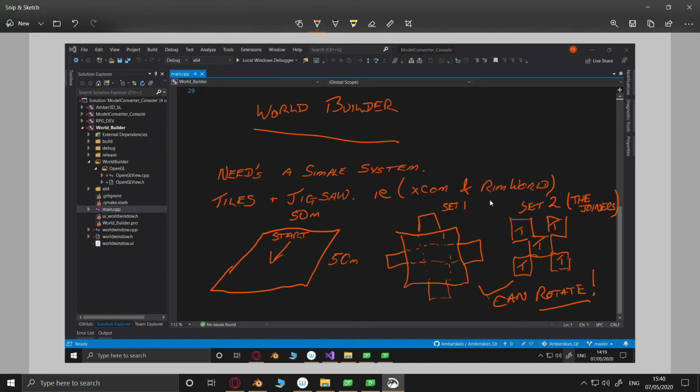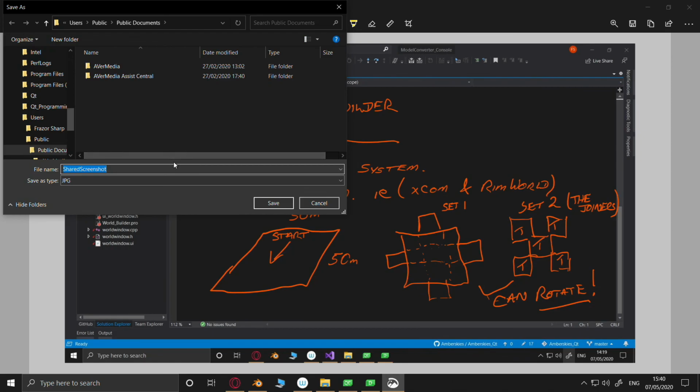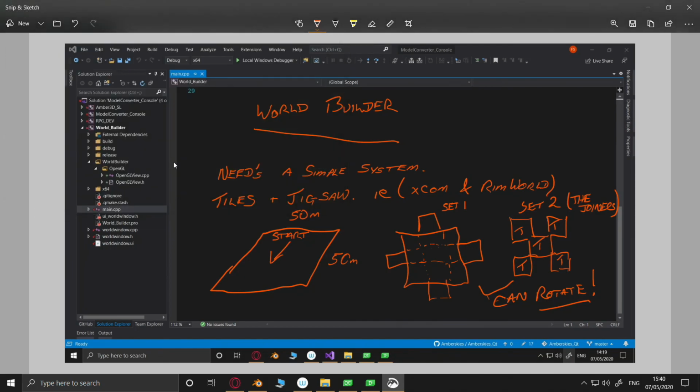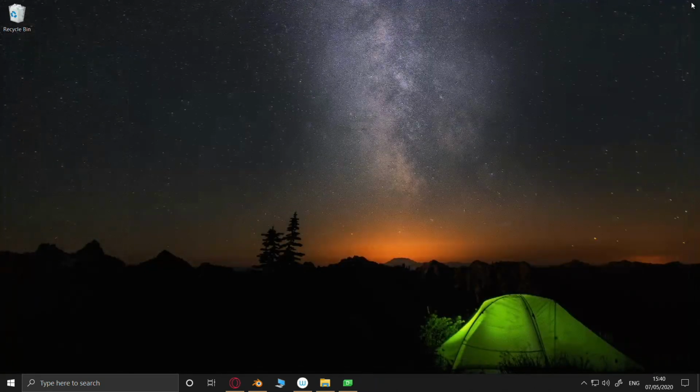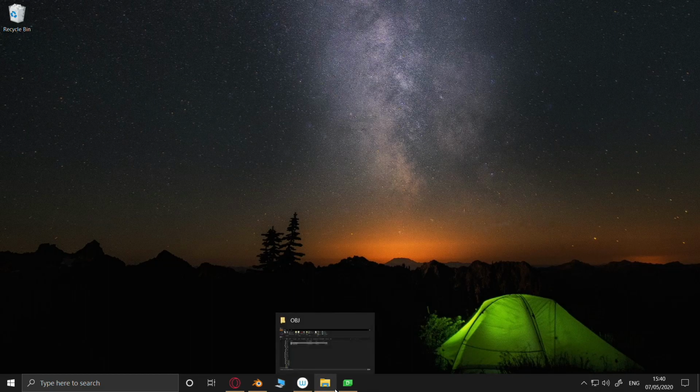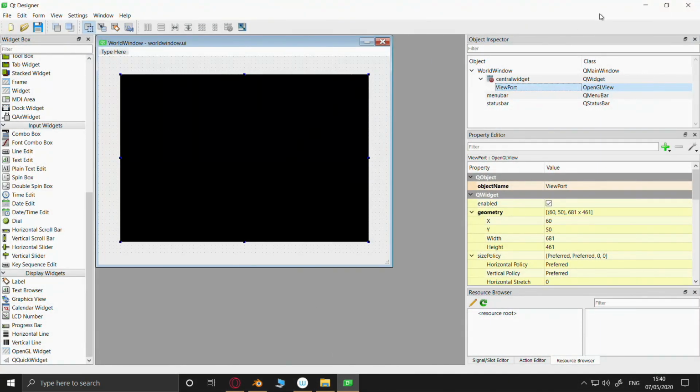So this is World Builder Ideas, isn't it? World Builder Ideas. Save. That's as much as I can really think of at the moment, how I want to set it up. That's that done. Don't need you. Open your programming. Oh, look, we're doing well. Don't need that open anymore.